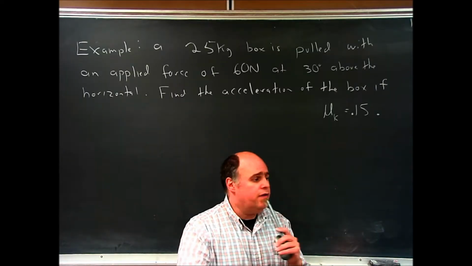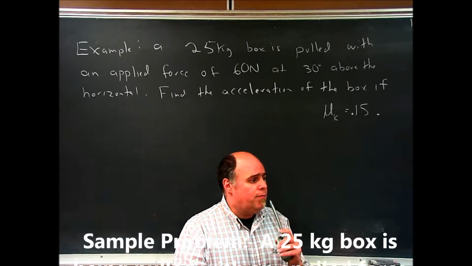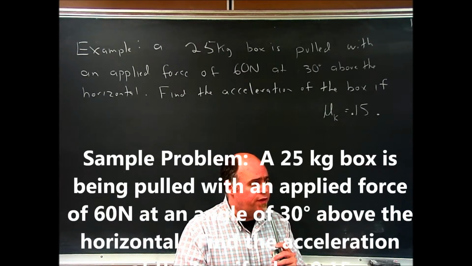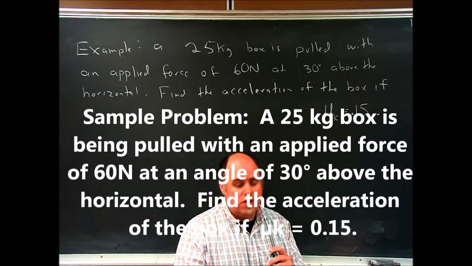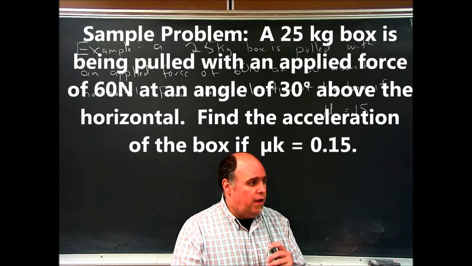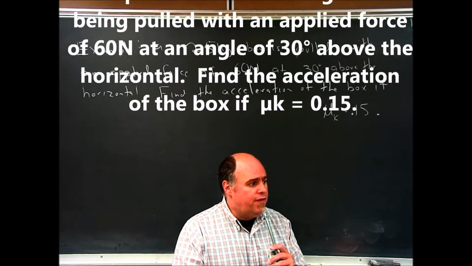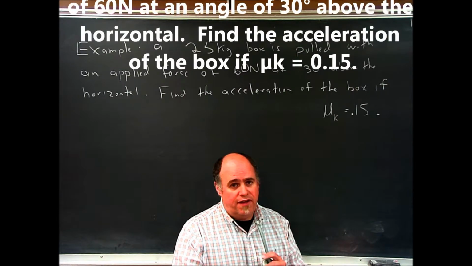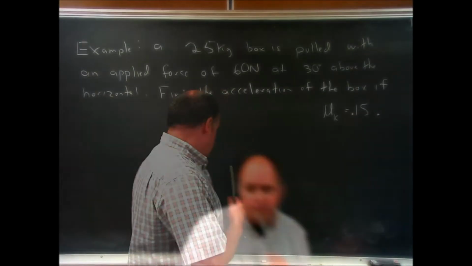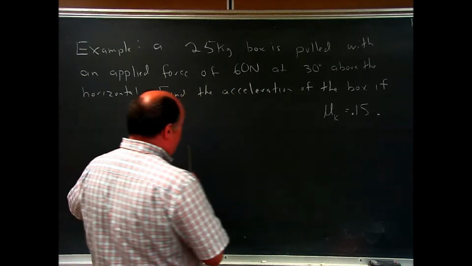Alright, so here is a problem, and it says that we have a 25 kilogram box, and we're pulling it with an applied force of 60 newtons, which is going to be at an angle of 30 degrees above the horizontal, and we want to find the acceleration of that box given the fact that mu sub k, the coefficient of kinetic friction, equals 0.15. So if I draw the picture of it,